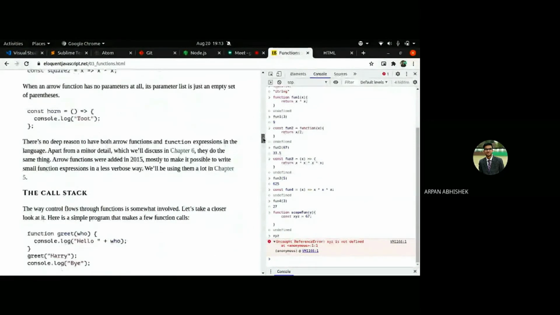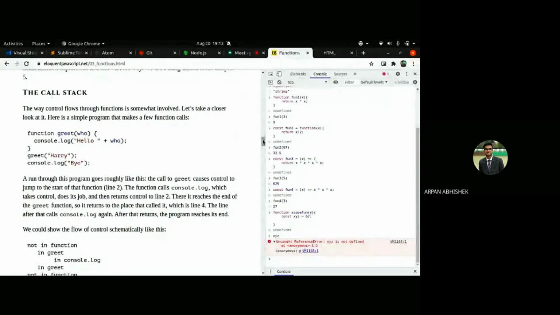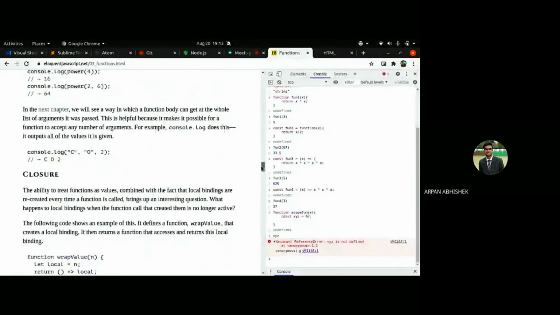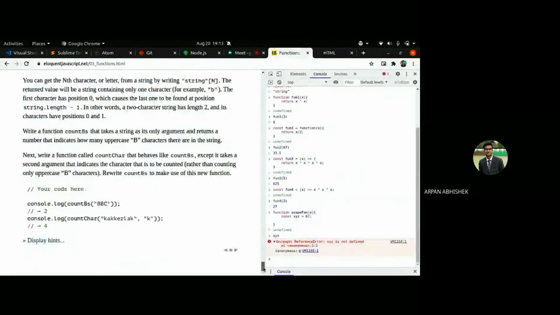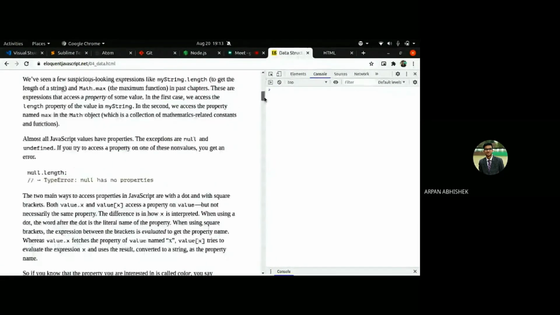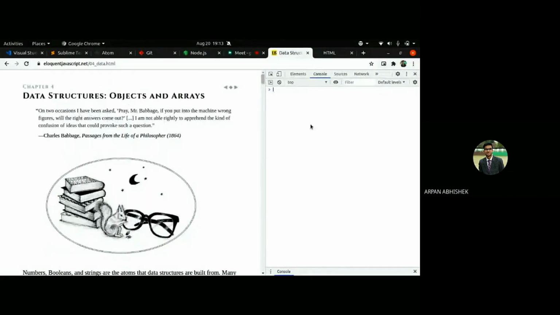Objects and arrays. Call stack, you might know this from C. It's definitely the same in every language actually, not just in JavaScript and C, call stack is the same in every language. Object is a bit language specific, so you have to see that. But array is simple, and like in C we have to give a name.